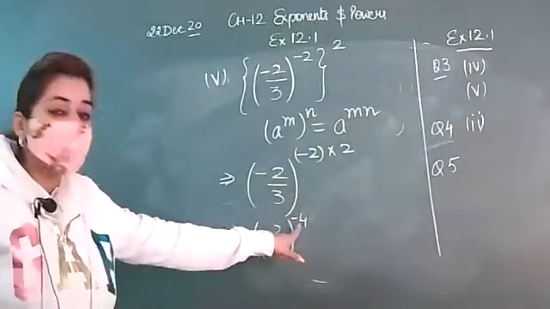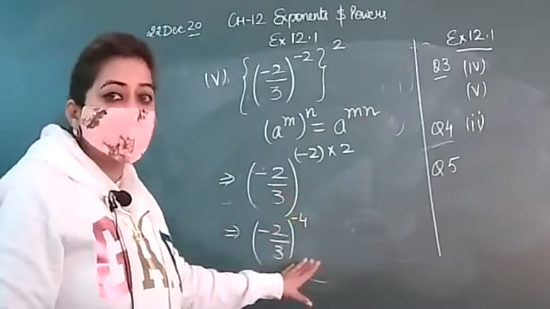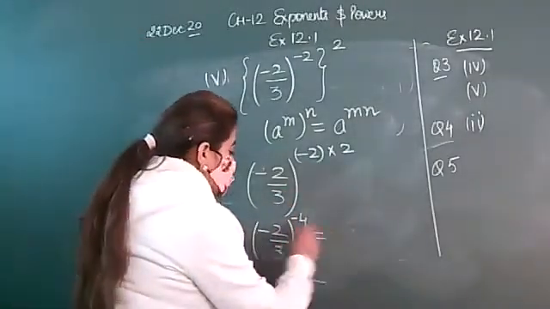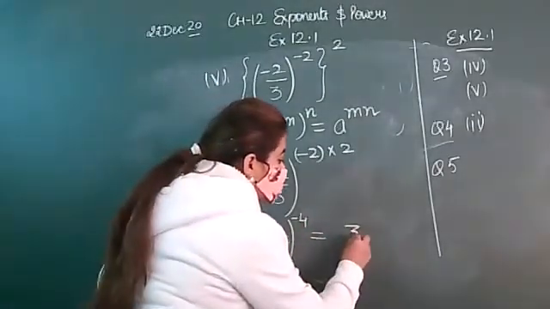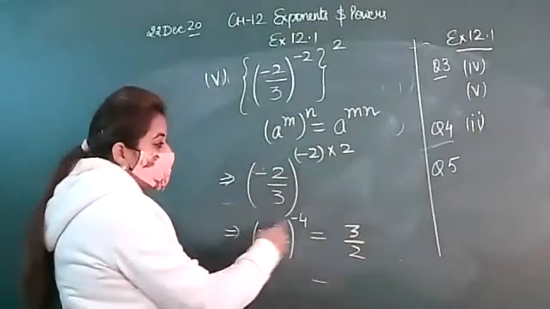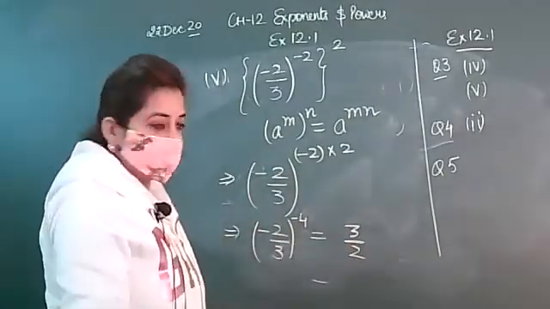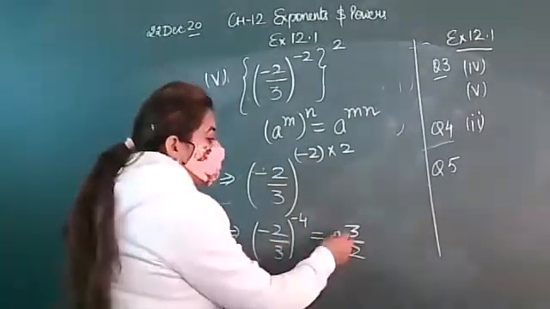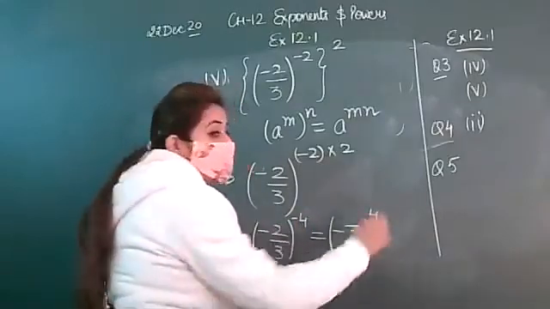Now, convert this negative power into positive. Whether or not the question says so, you have to convert, you have to make it in the simpler form. So make the reciprocal of this. If you make the reciprocal of this term, you will write 3 upon 2, but the negative sign you can put in the numerator or in the denominator. Both are the correct ways. So don't get confused about this. Minus you can put anywhere, and if you make the reciprocal, the power will be positive.